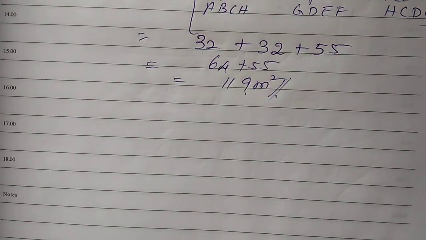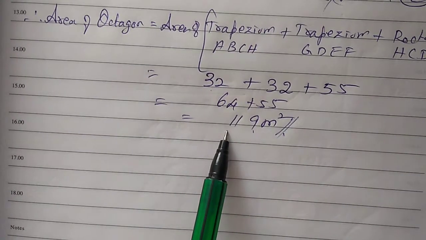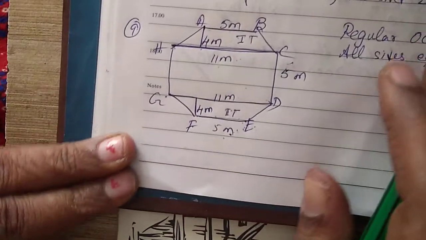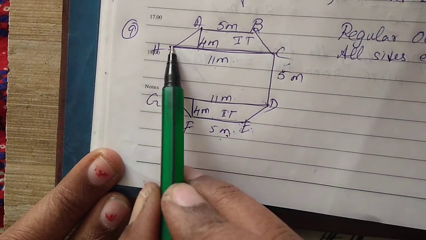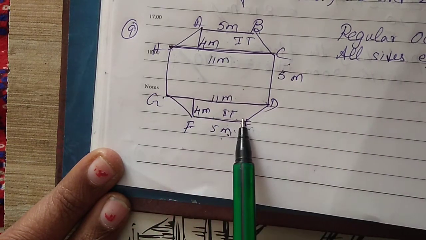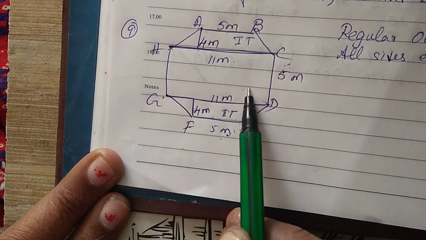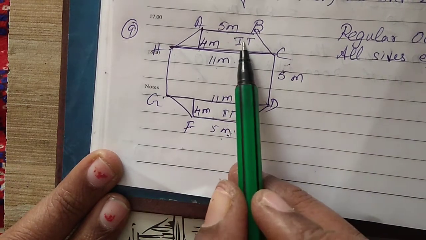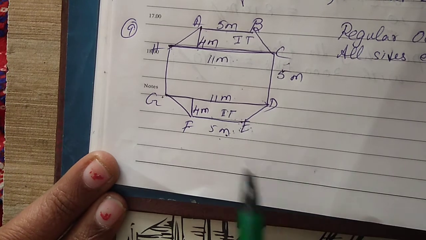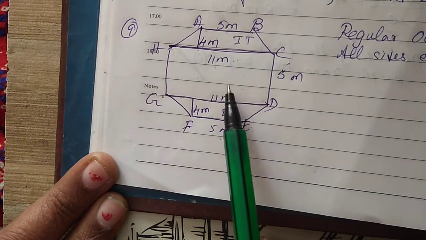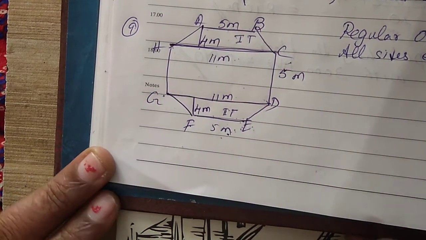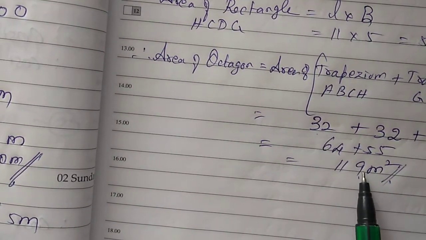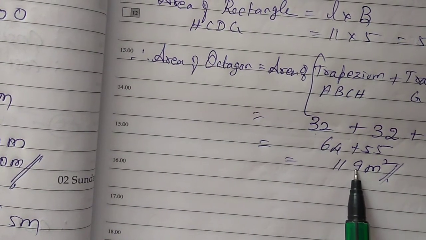We have the given diagram, but we don't know the octagon formula. So what are we doing? In the octagon, the upper part and the lower part we are considering as trapeziums, and in between we have a rectangle. We know the trapezium formula and the rectangle formula. So we are finding the area of both the trapeziums plus the area of the rectangle. Add up, sum it up, and we get the full area of the octagon. So in that way we have completed question number 9. Practice it 2 or 3 times. Watch this video. Still if you have any difficulty, you can get it clarified through WhatsApp. Next.